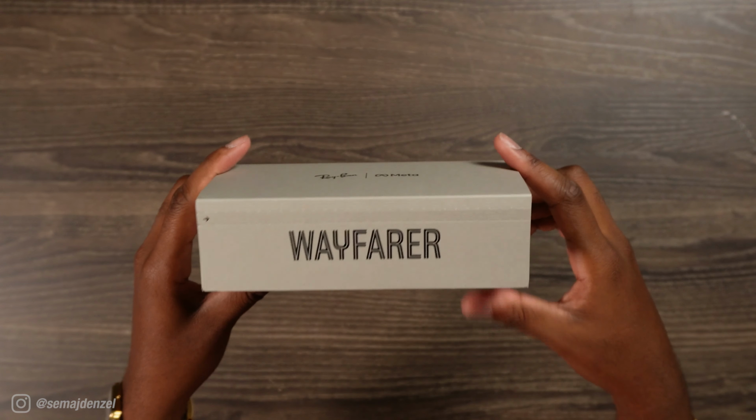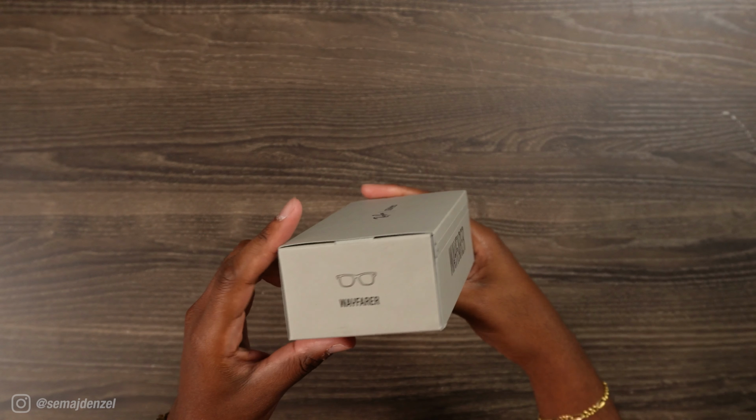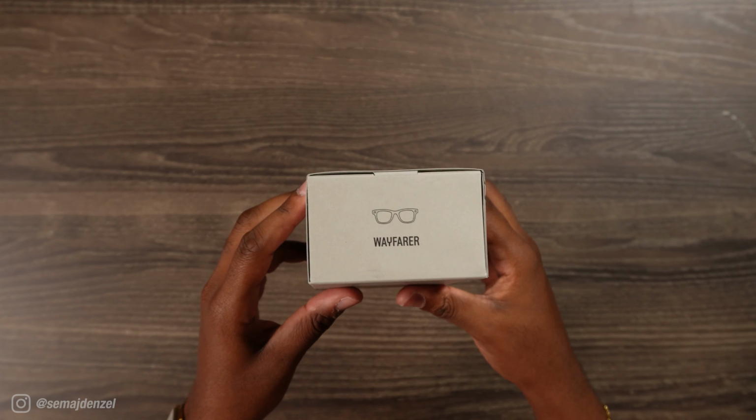In today's episode, we're going to talk about the brand new Ray-Ban Meta smart glasses. Now, there have been a bunch of talks about VR headsets, wearable smartwear, smart glasses, and everything in between. But it seems like Meta has kind of found that sweet spot with partnering up with Ray-Ban to create discreet